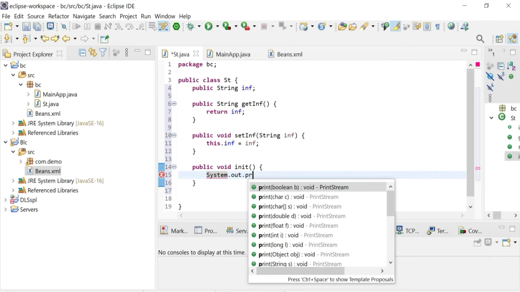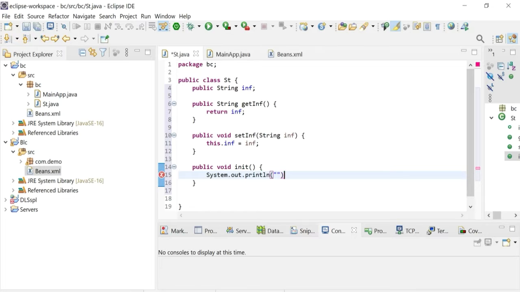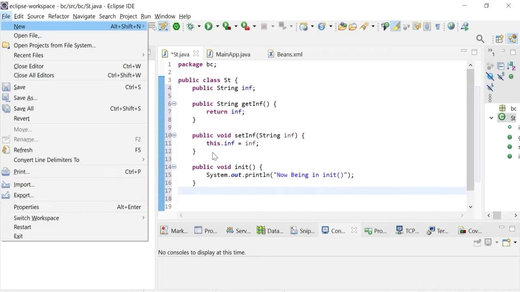So I just print a text message, something like "now being in init method." That's it. So now we have created the init method,